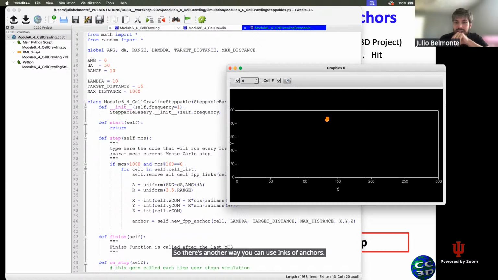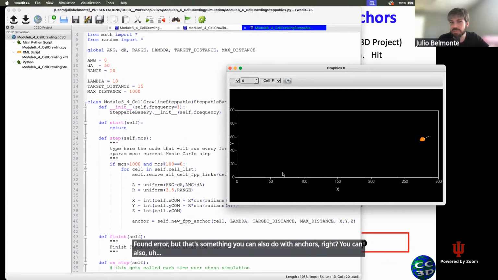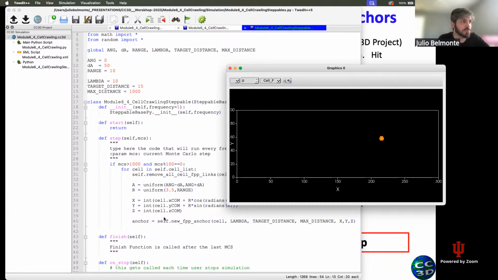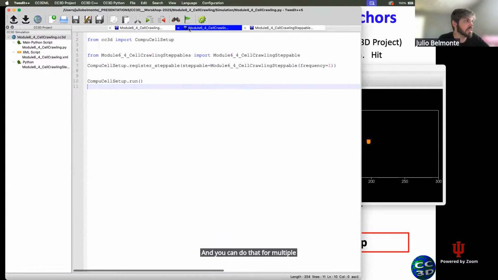Okay, someone pastes a code there. Yes, the peers have already found the error, but that's something you can also do with anchors, right? You can also fix the cell in space instead of using it to make the cell propel itself forward. Okay, and you can do that for multiple cells. For example, you can,